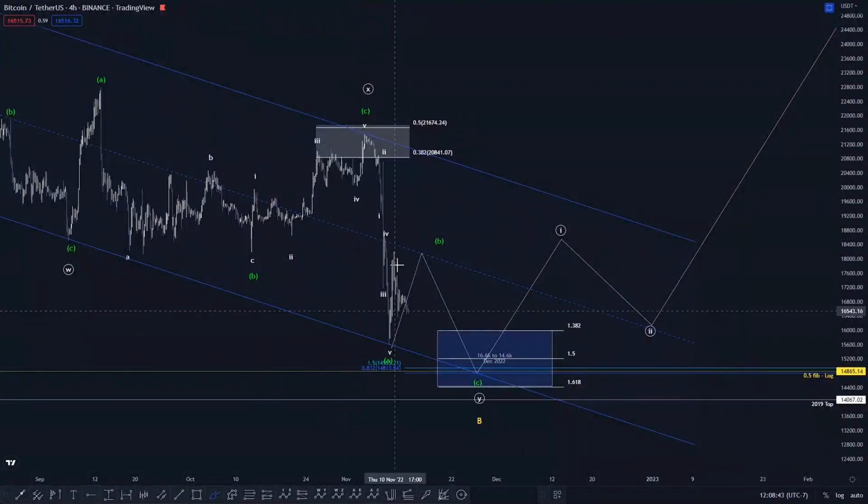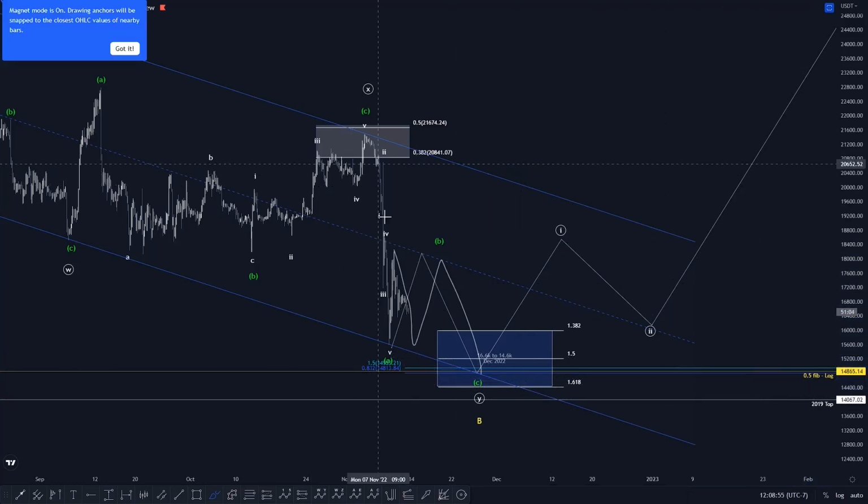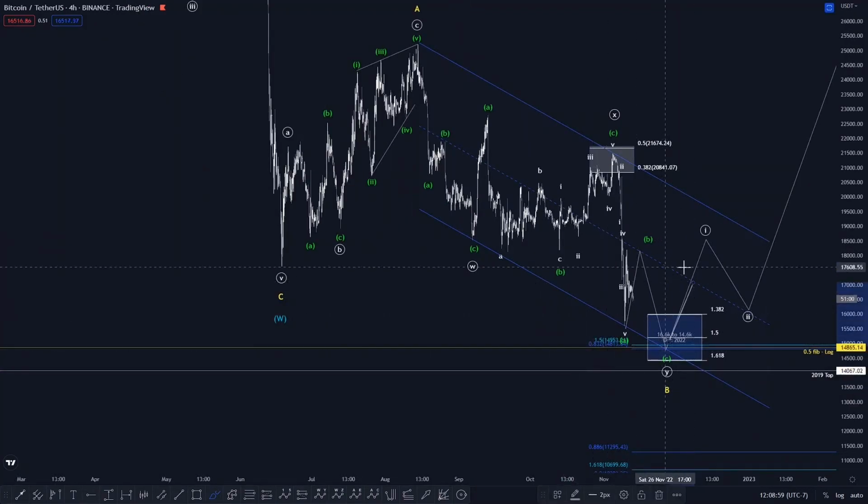So even on this, we would expect it to come back down, come up, and then come right down into this zone right here, right to this 0.5 fib block, just like we were talking about. It can bounce from this zone if we were taking a look at this count. And if it does bounce from this zone and gets accepted back into this area right here,